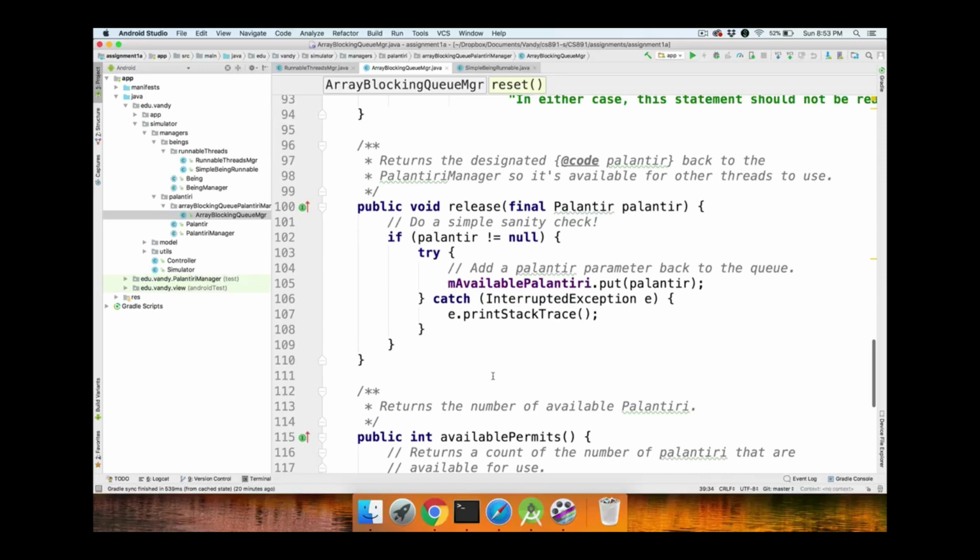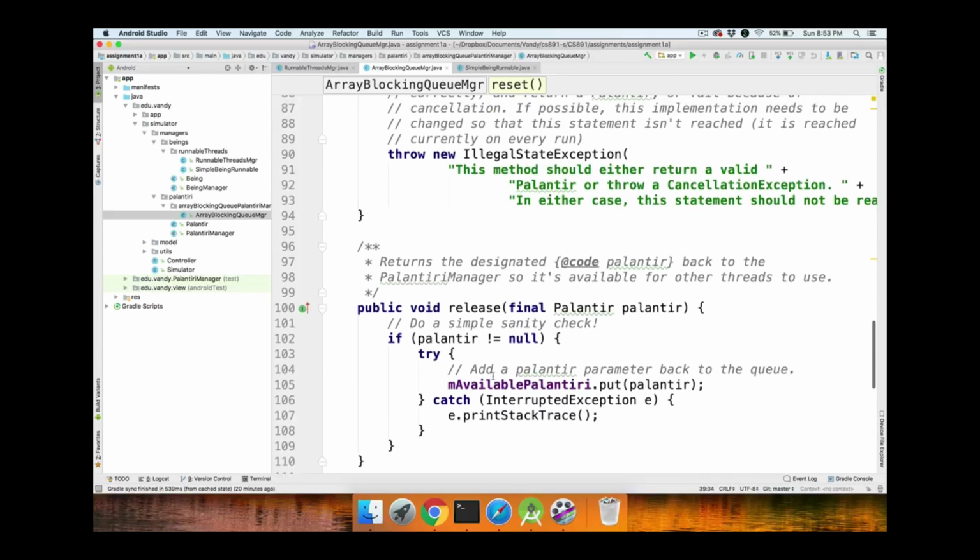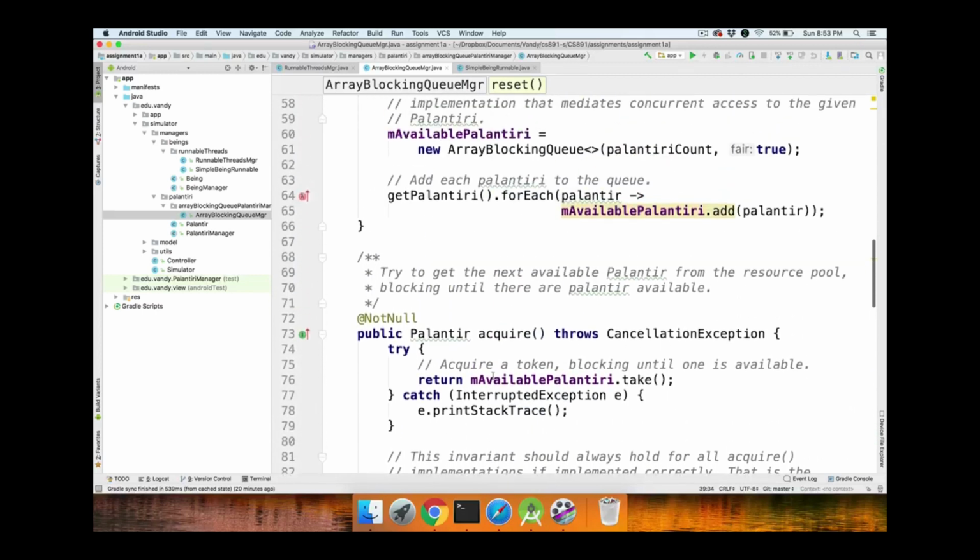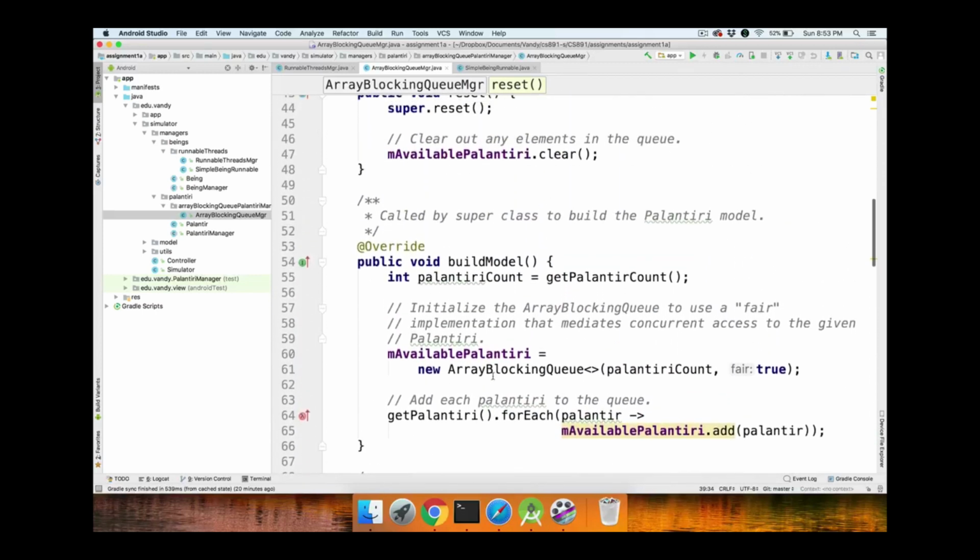So as I mentioned before, the second assignment, or subsequent assignments, including the second half of this assignment, assignment 1B, will have you implement a much more interesting way of doing the Palantiri manager. Right now, this is a simple one just to get it up and running without you having to think much